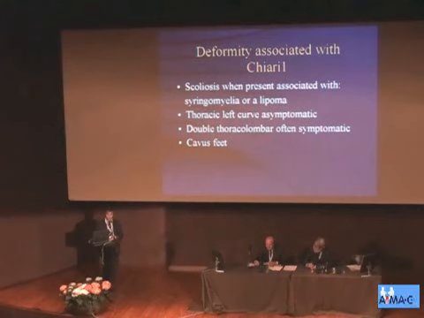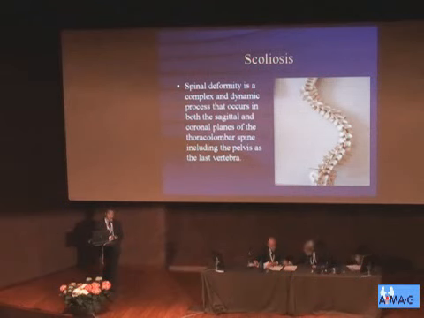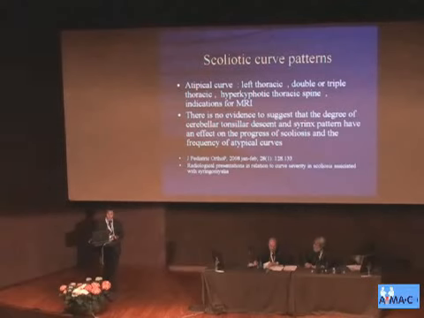As I was saying, scoliosis is a dynamic, complex alteration of the spine, which leads to alteration in 3 spatial planes. And what happens is a rotation of the pieces and the components. So the behavior of the curve patterns, we see a typical curve, left thoracic, double or triple thoracic,